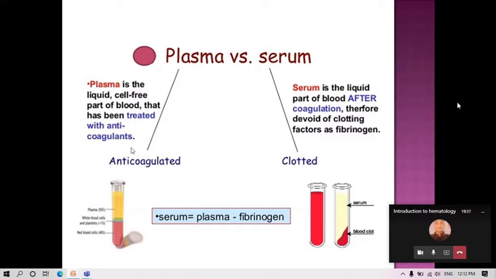Suppose we want to do the complete blood count. Because we want the blood count, we will run the sample in the automated analyzer, where each and every cell will pass through a small aperture. So we just do not want it to clot. Because of this, we collect the sample in the EDTA vial, that is the purple cap vial. I will tell you about anticoagulants after this. So you should be able to tell what is the difference between the plasma and the serum.